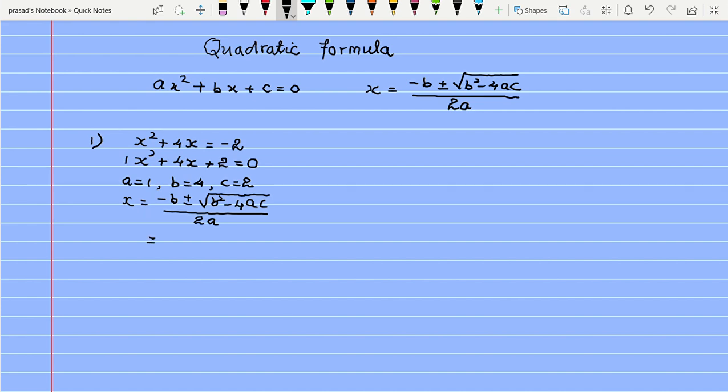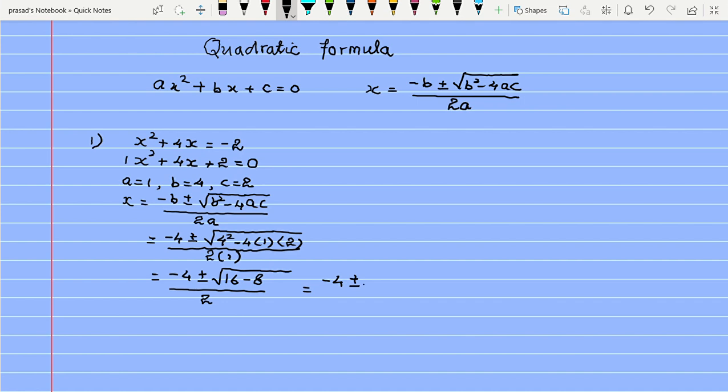Minus b, that is negative 4 plus or minus root 4 square minus 4 into 1 into 2 upon 2a, that is 2 into 1, which is minus 4 plus or minus root 4 square is 16, 4 2s are 8, upon 2. So minus 4 plus or minus root 8